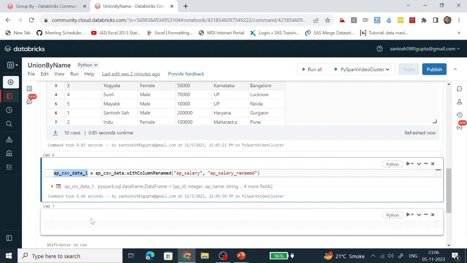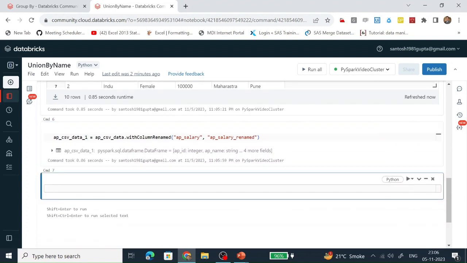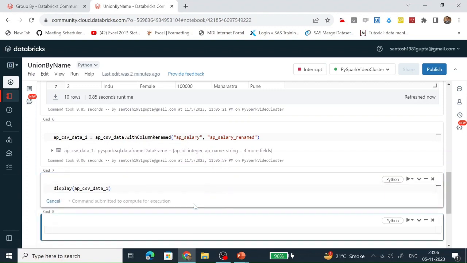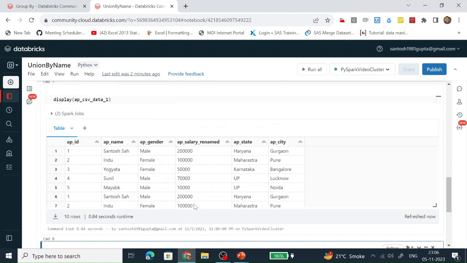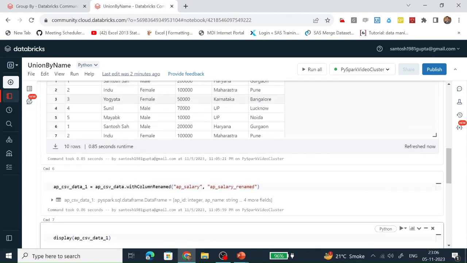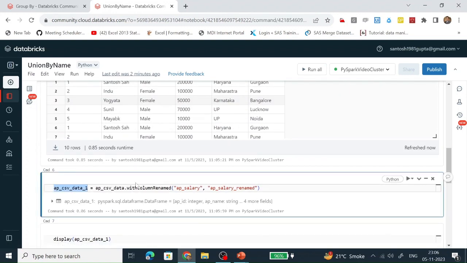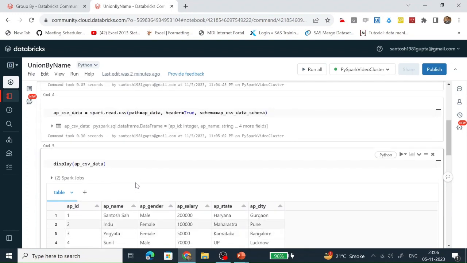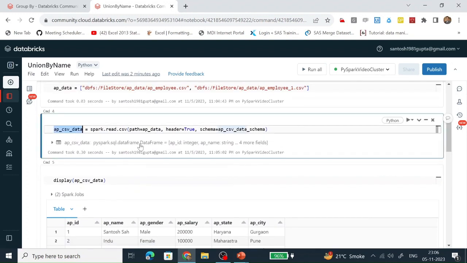Let's see the content of this data frame. We can see the salary column is renamed from AP salary to AP salary renamed. Now see, if you want to merge these two data frames with the help of unionByName, how will it work?